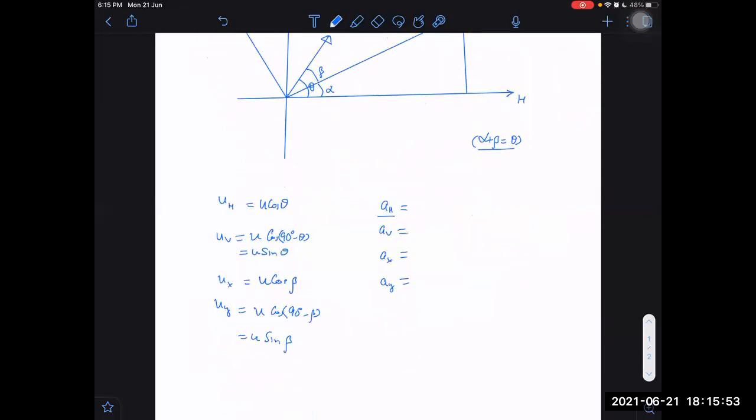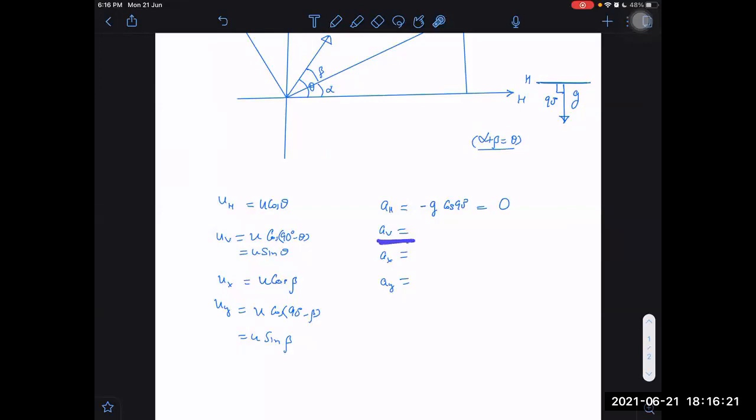What about horizontal acceleration? It is your test. You will be able to do it. Very good, right? How do you know? G is vertically downwards. What is the angle made by G with the horizontal? The angle made by G with the horizontal is 90. So I could write it as minus G cos 90 degrees, but finally it is 0. So there is no horizontal acceleration.